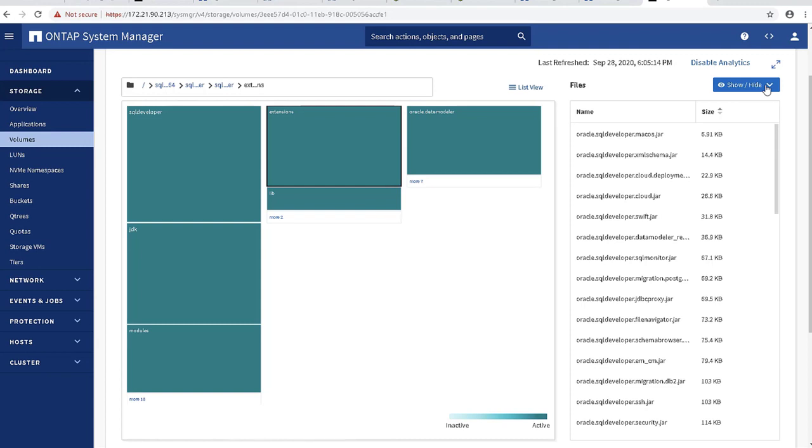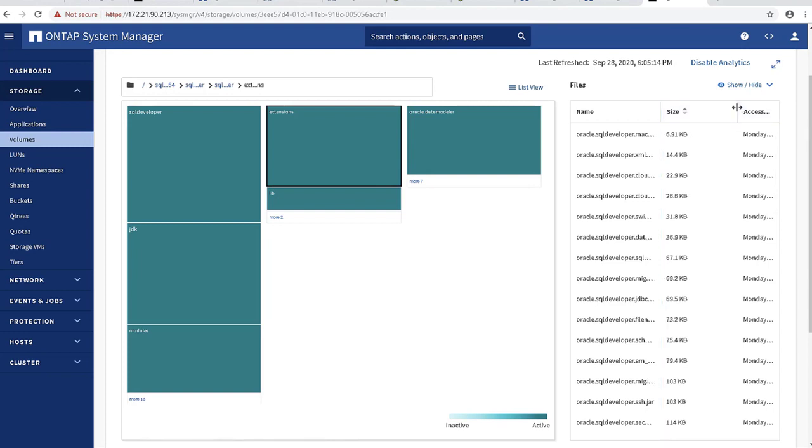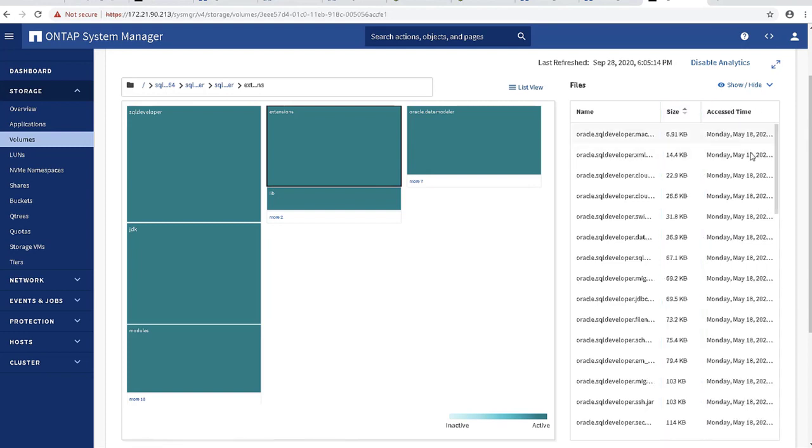You can also view the respective folder's files in the files view. There is an option to enable access time to view the access time of those files. So when you touch a particular file, it will display the date and time of that file.